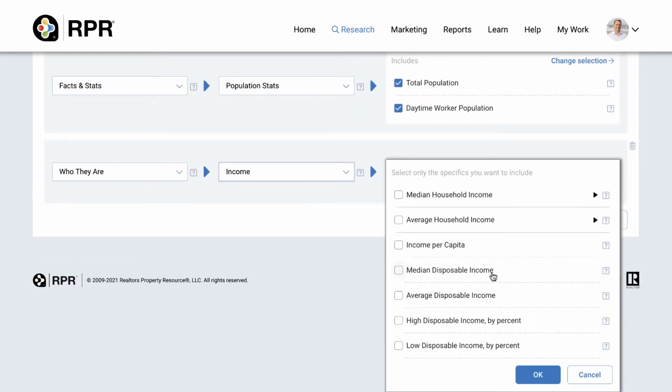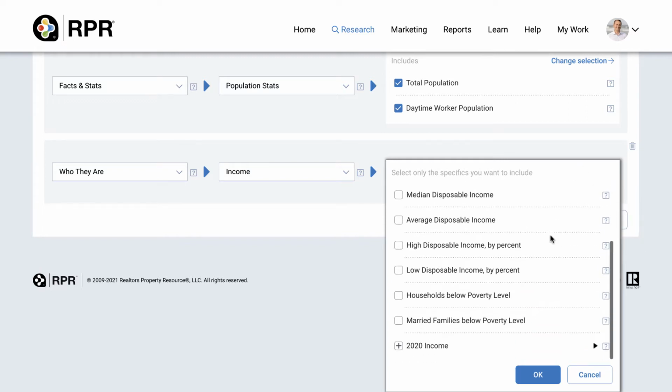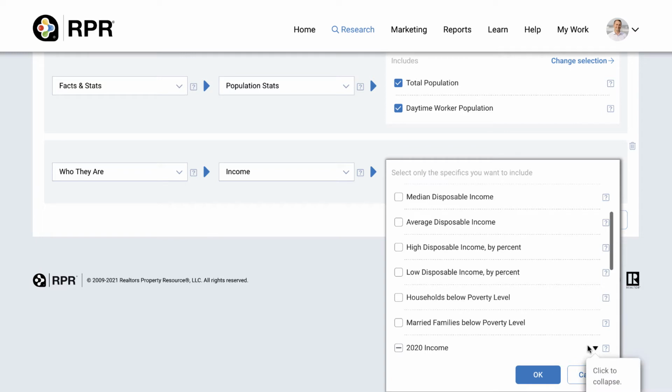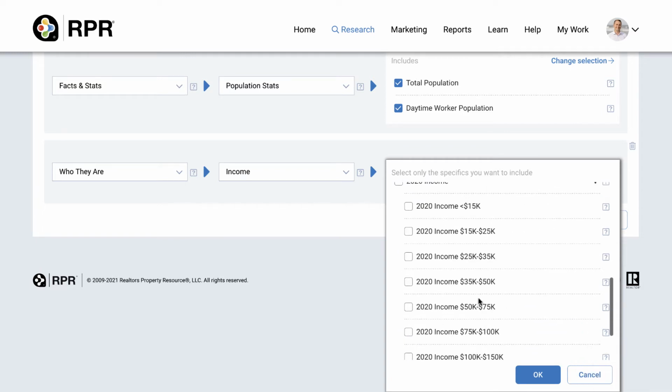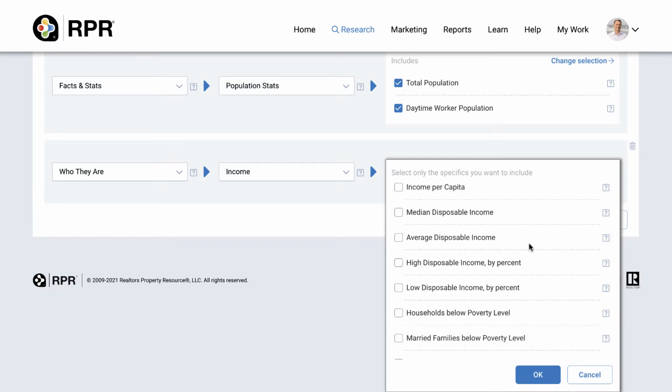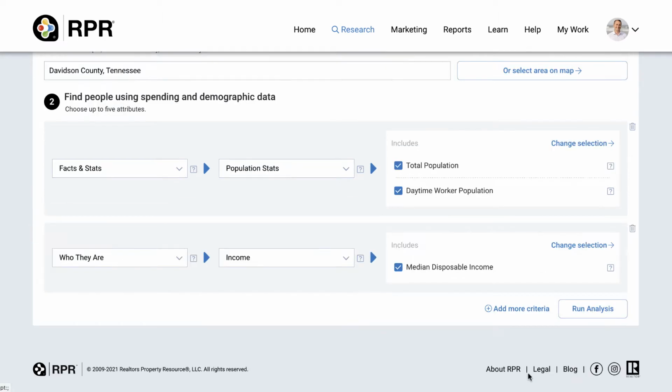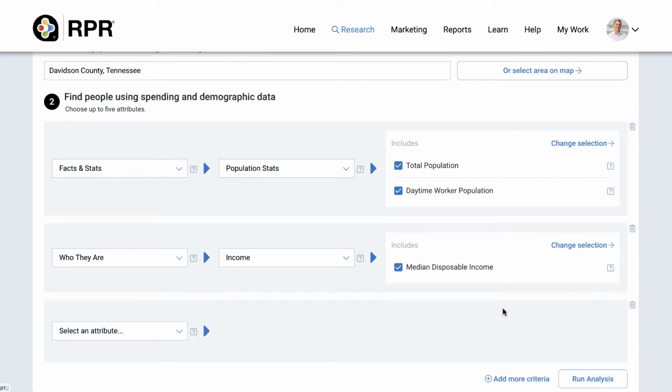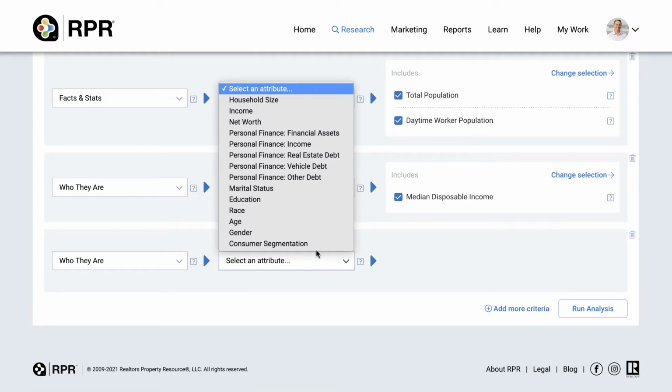And you can see there's, again, a lot of different ways you can look at income. You can target specific age ranges. You can also come down here if you have specific income ranges. You can factor those in as well. For this one, since they just have a baseline of what they're looking for, we can just do a median disposable income. Now there are criteria for age and those details as well,